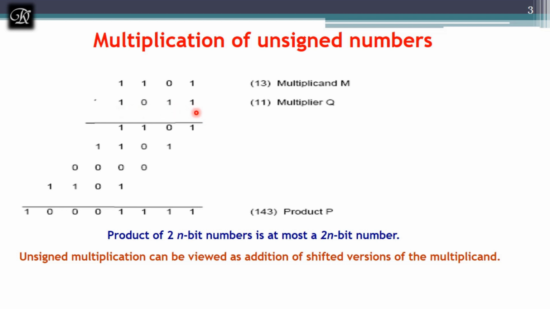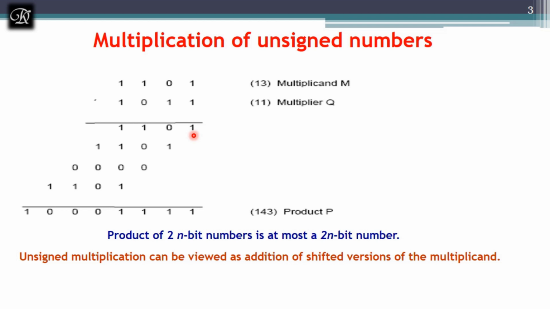And here both the numbers are of 4 bit and the product should be 8 bit. It means each number is of n bit and the product should be 2n bit. Let's see how we have performed the multiplication in school day technique. Take up Q0 from the multiplier and multiply complete multiplicand M with Q0. That is, when I multiply 1101 with 1, I'll be getting 1101 in the partial product. Each stage I call it as a partial product.